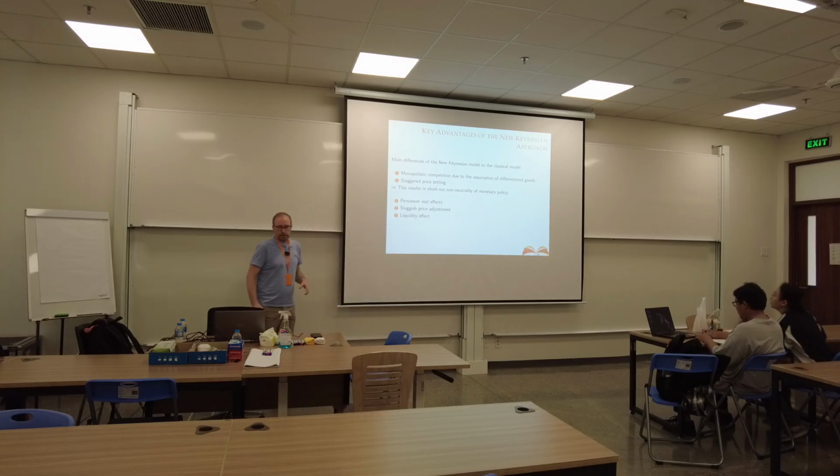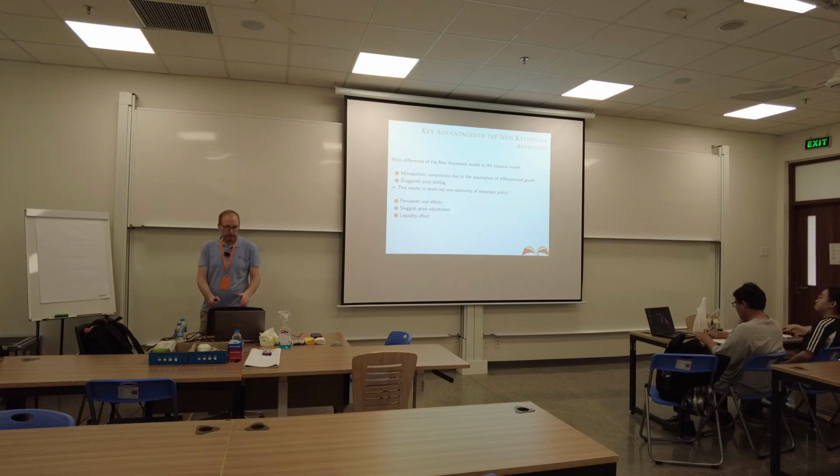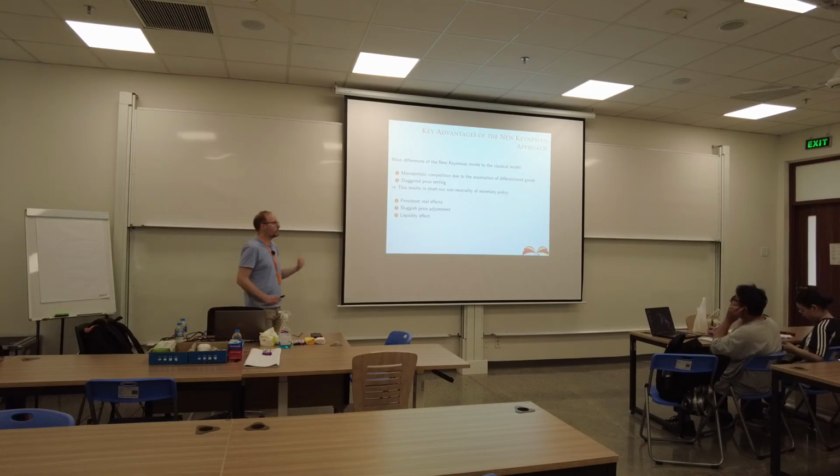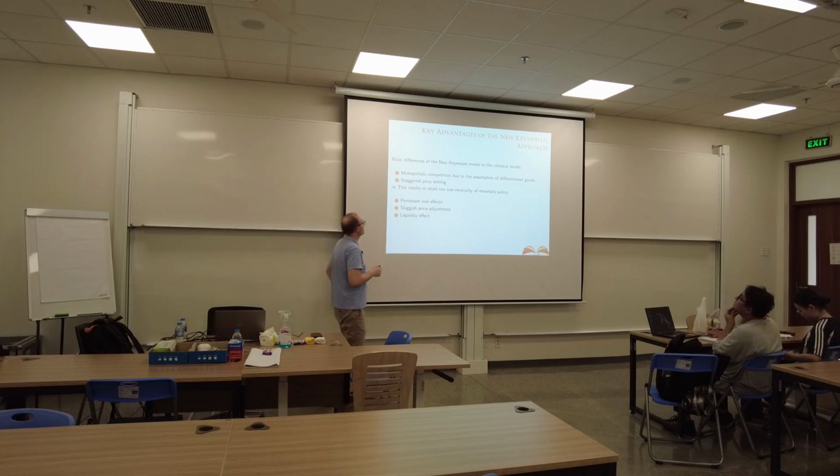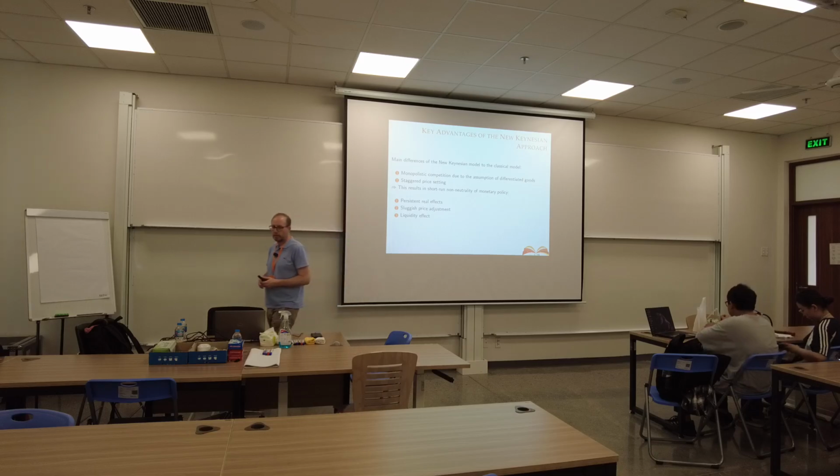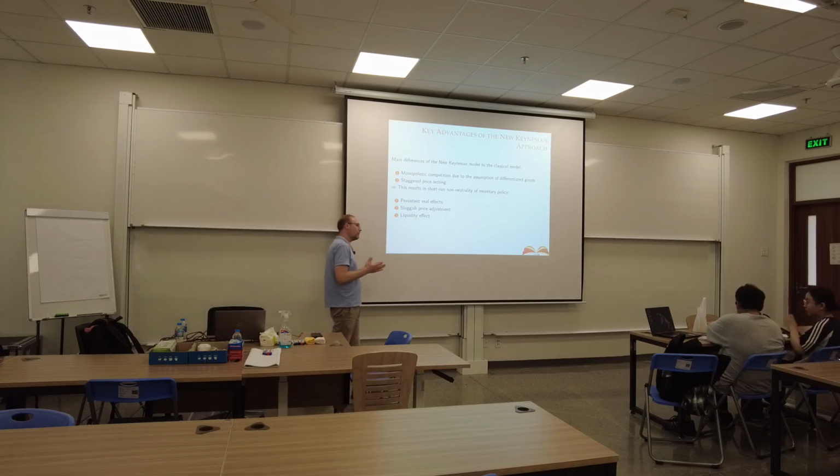And we're going to examine the consequences of two deviations from perfect markets. So the first deviation that we have is monopolistic competition due to the assumption of differentiated goods. If we look at a model with perfect competition,